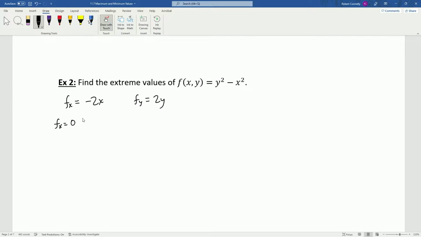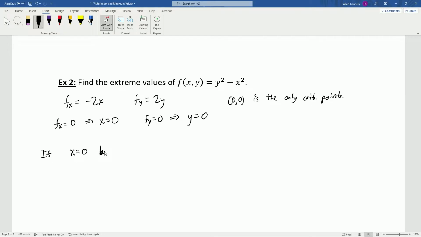So these partial derivatives being 0 imply that x equals 0 and that y equals 0. So (0, 0) is the only critical point. Okay, but now we've got to see, is there actually a maximum or minimum here? Well, consider, if I fix x equal to 0,